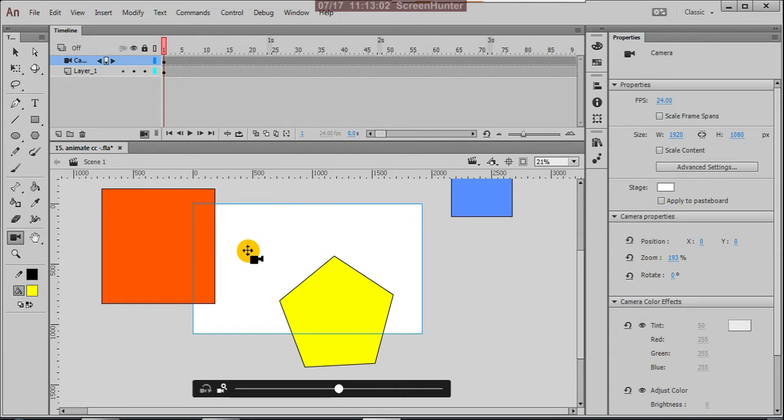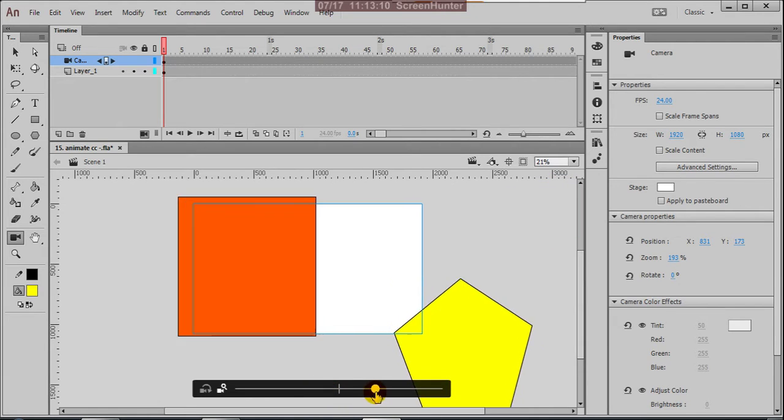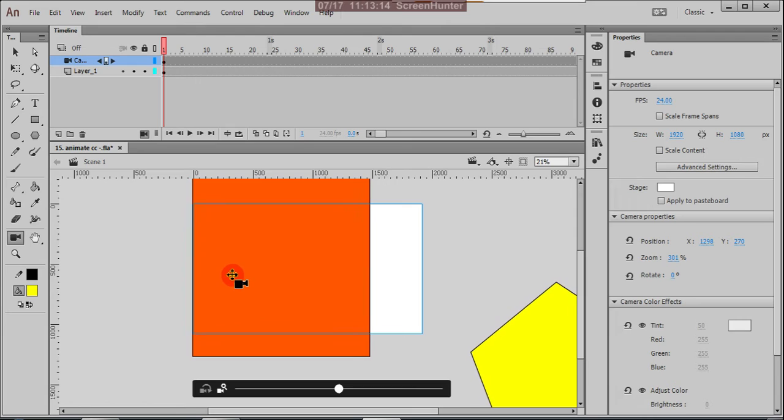Suppose we want to focus on the first red only, not the other things. Include this; these are out of the camera. Suppose this is your area only.